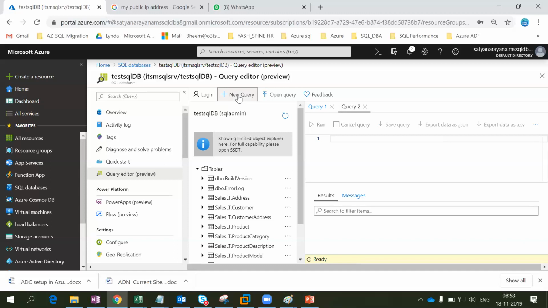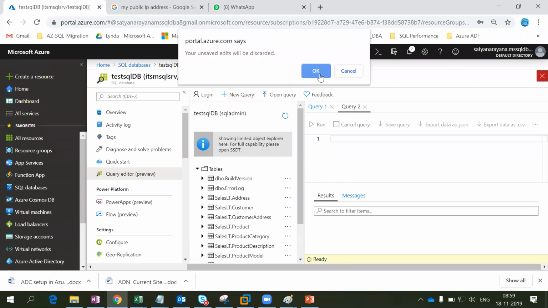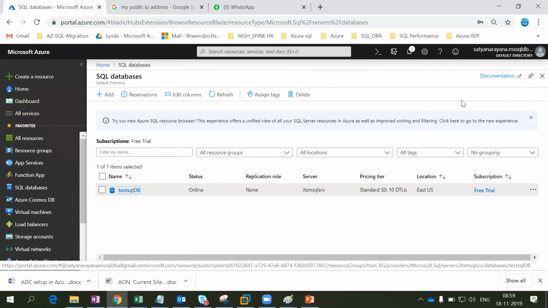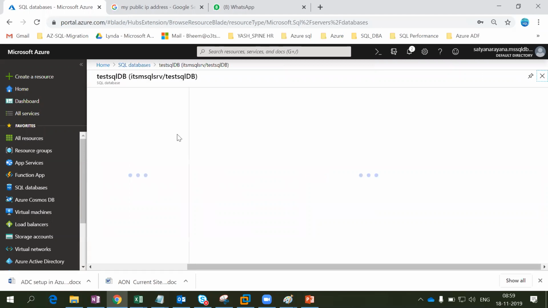If you are familiar with SQL Server 2000 or 2005, in the 98 and 2000 SQL Server versions you could find this query editor instead of Management Studio. We call it the query editor, which Microsoft is launching now. This is what happens in real time. Tomorrow we will discuss the same thing again, because compared to IaaS, PaaS has new navigation, but it is very easy.